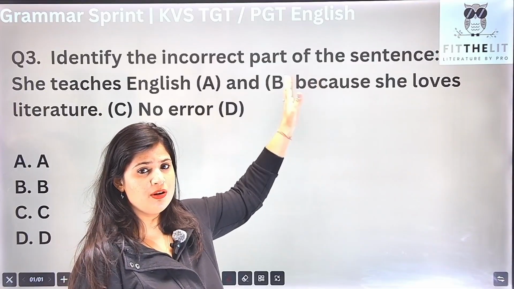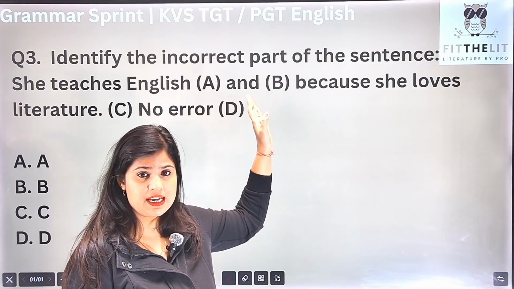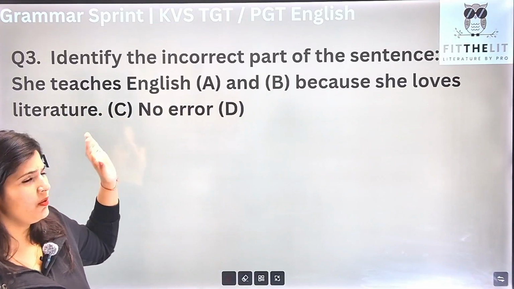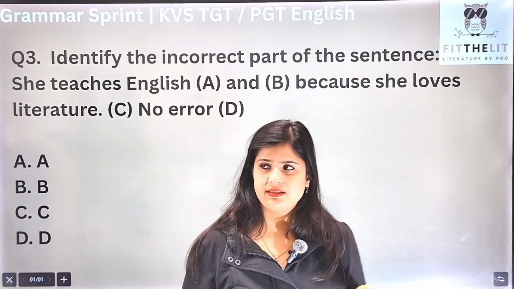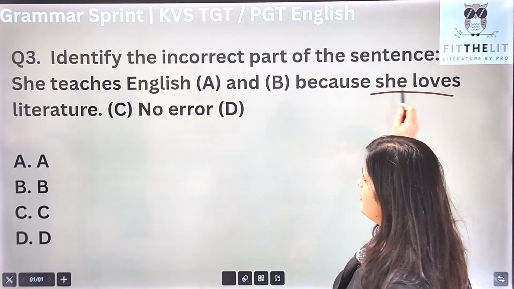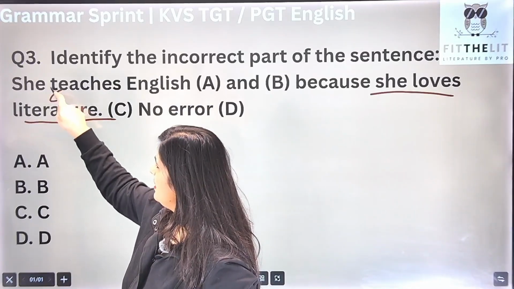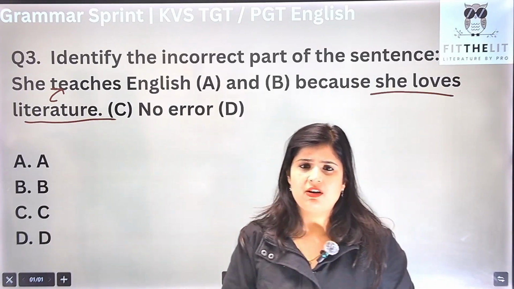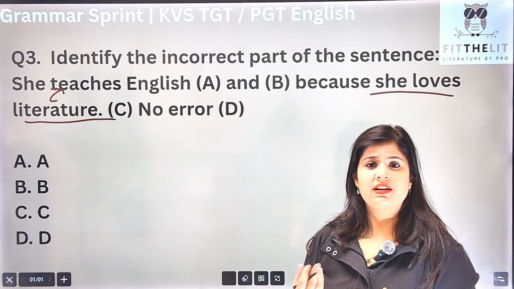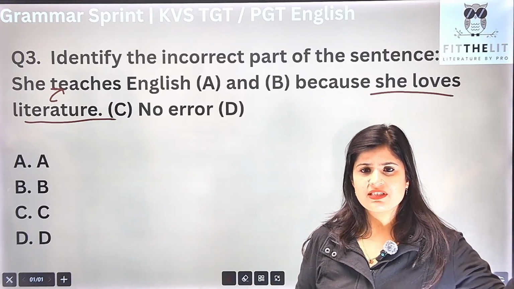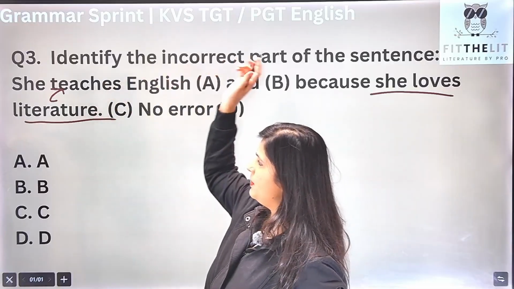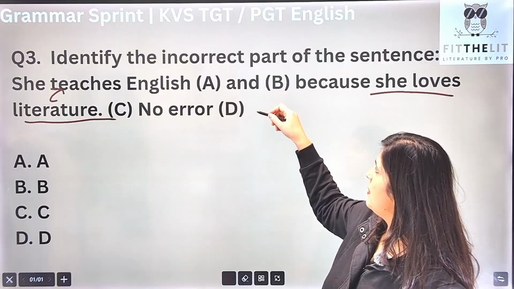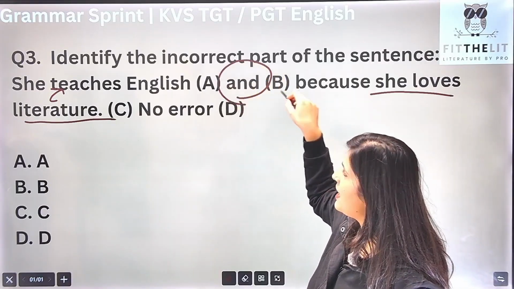And because, दो चीजें लगी हुई हैं यहाँ पे, दो conjunctions, and भी और because भी. She loves literature. Now what do you think? This particular sentence, she loves literature, ये क्या इसका कुछ reason दे रहा है, इससे connected है? No, it is not connected. अगर यहाँ पे English literature लिखा होता तब तो connected होता, लेकिन यहाँ पे literature लिखा है in general, तो वो किसी भी language का literature हो सकता है. So this particular sentence does not seem to be connected to it, right. So of course हमारा जो है ये conjunction आना चाहिए and,